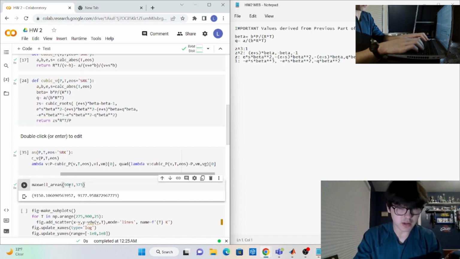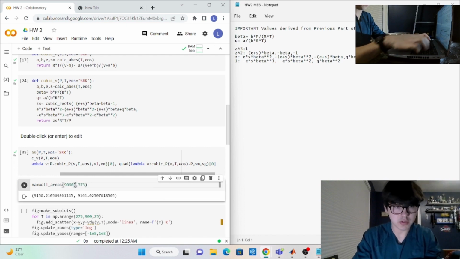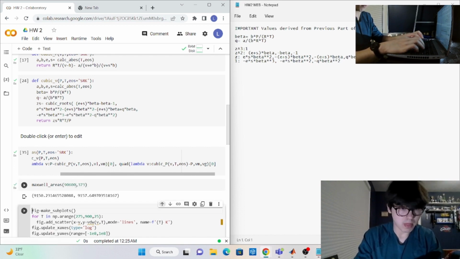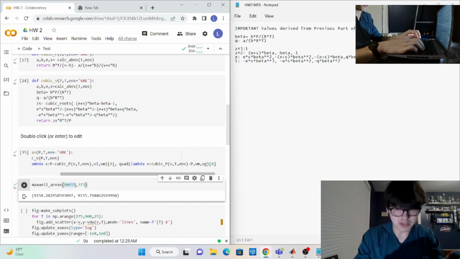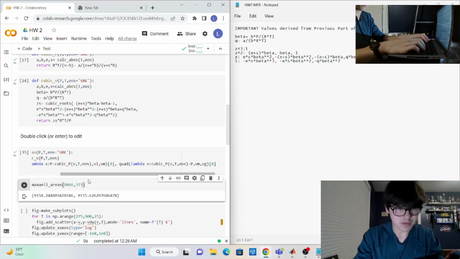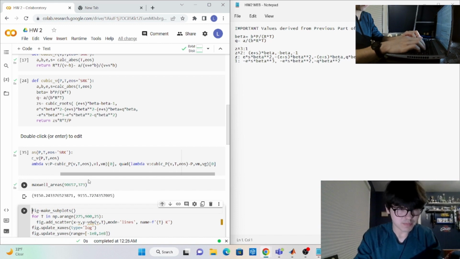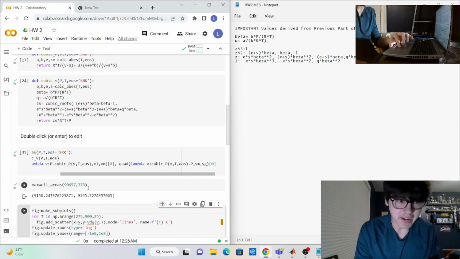That's pretty good. Say 9,500. 9,600. 9,650. 9,655. 9,660. 90,657. All right, well, it's not budging very much, but from this function here, we get an estimate